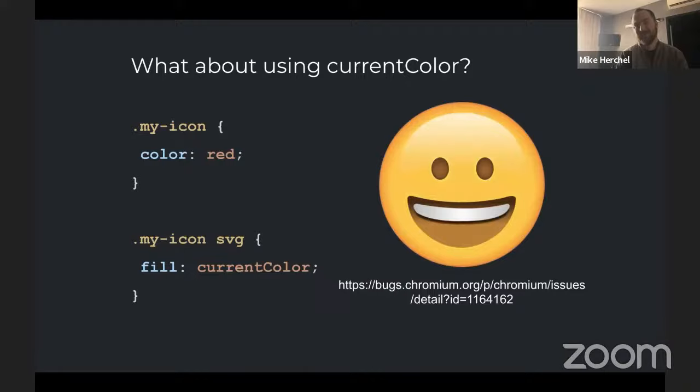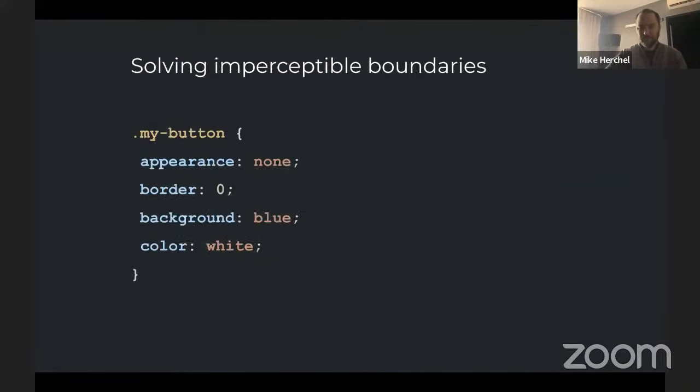When I was doing all my other work in Drupal core to make this work, we had to use a whole bunch of media queries and system colors. But now it's a heck of a lot easier. You can just type in your color and have your fill be currentColor. This is an easy way to do stuff. It avoids the media queries, and it just works really well. So that's going to be kind of a best practice.